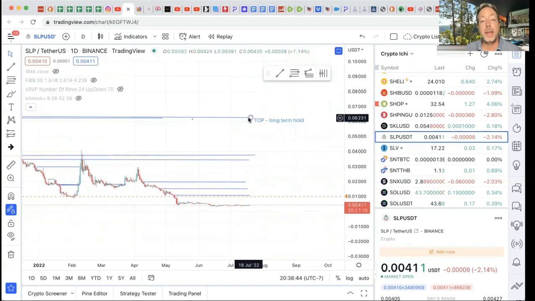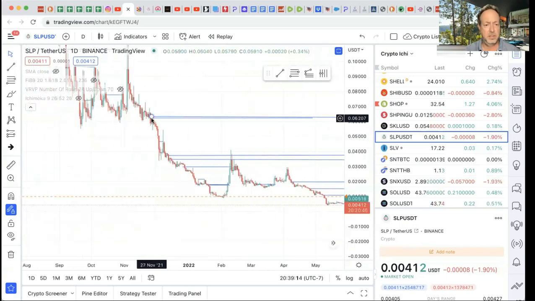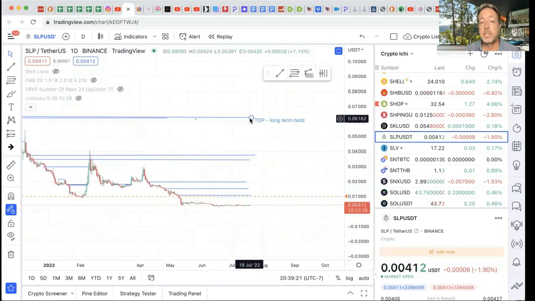Okay. So on the top swing back, it's roughly right there, 0.06. We'll just say 0.06 because these little areas further on don't really mean much. But it's 0.06, or you could say 0.062. So what I could do based upon history is I could wait for this to come all the way back up. These are some options that I have. Or what I could do is I could say, you know what, that's a long-term hold. I mean, this has been since November of 2021. So we are coming up on almost a year now. The last big run like this lasted about a year to about a year and 6 months, but it came back up. So I could, if I wanted to, sell somewhere up in here.